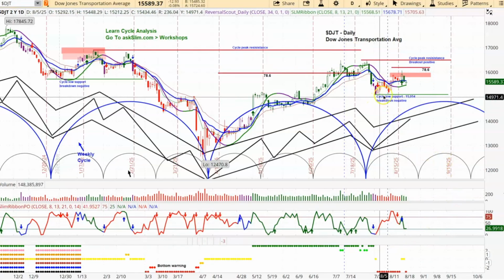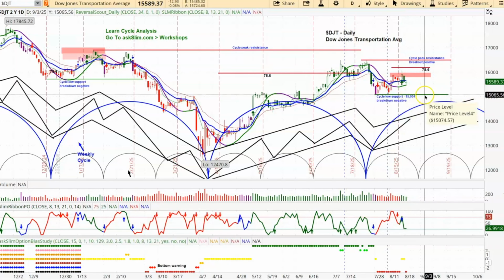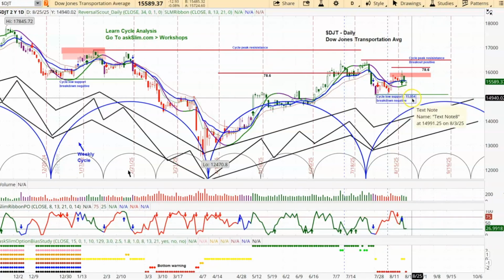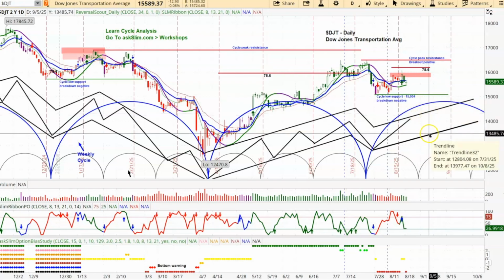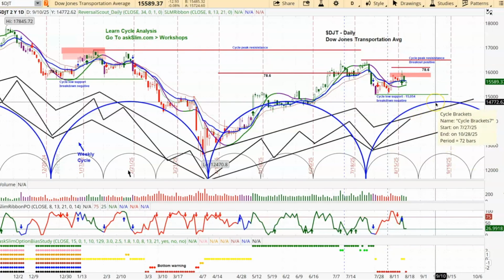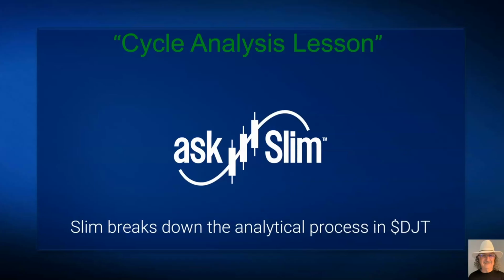And right now we're waiting for this bullish to prove itself. And it's not making it right now. So the question is, if the stock market gets into a correction or gets a little softer than it is right now, will this break that level, 15,054? And if it does, it's going to turn this down. It's going to set up a negative condition, which then would go down towards the end of October or the beginning of November. That is the cycle analysis lesson using the Dow Jones Transportation Average,